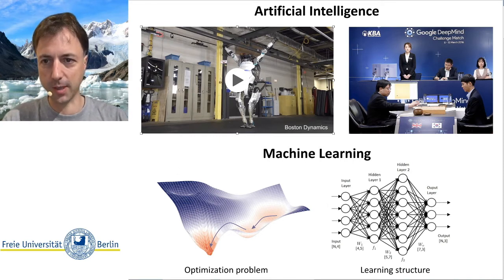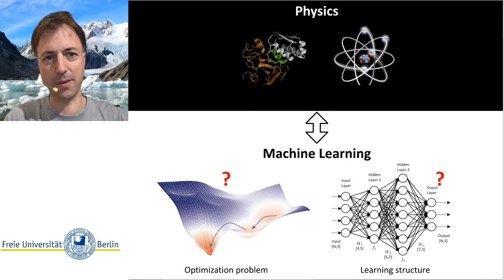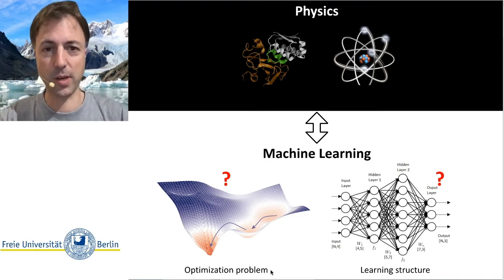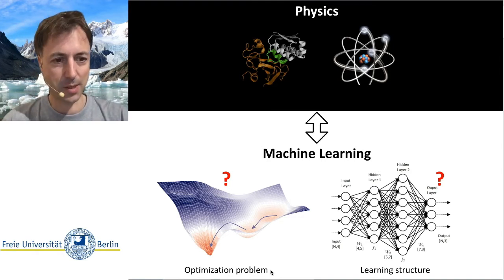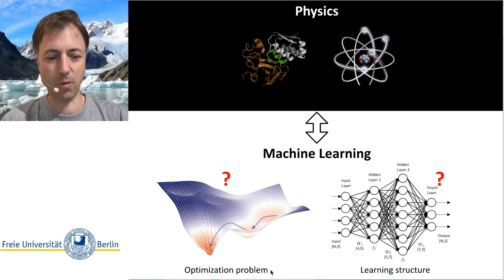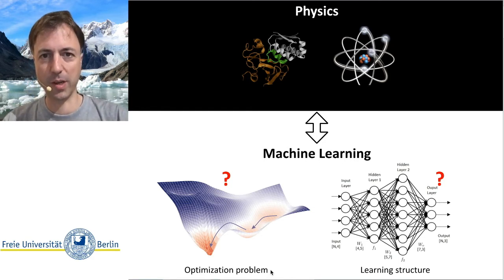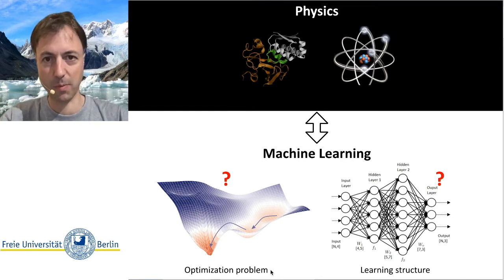In physics applications, we often have a lot of physics background which tells us something about these two choices. So what is the optimization problem? In many cases in physics, we do not have supervised learning where we are just trying to match given labels by minimizing some error of the label prediction. We often have unsupervised learning problems. And in many cases, we have deep physical statements about what is the quantity that we really want to optimize in order to solve a certain problem, such as a variational principle, for example.